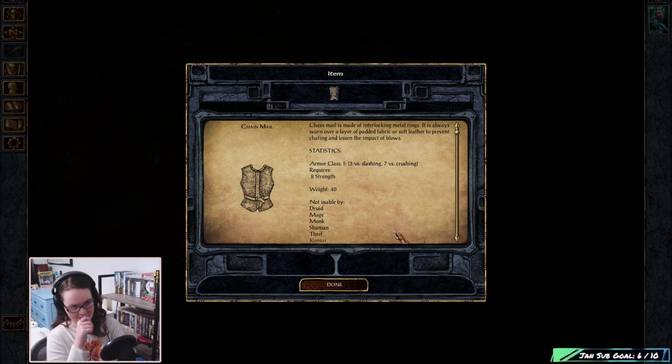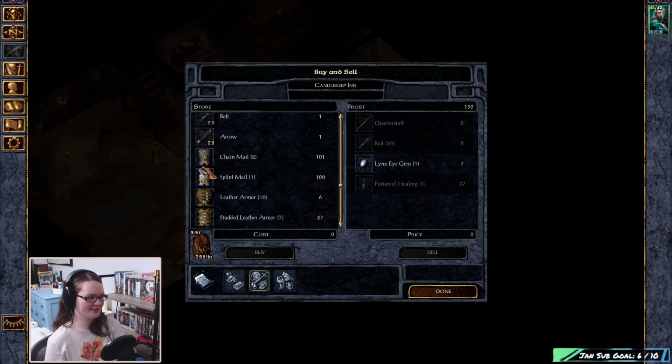This has a slightly lower armor class, or I guess higher, whatever you want to call it. It's made of interlocking metal rings. It is always worn over a layer of padded fabric or soft leather to prevent chafing and lessen the impact of blows. Chainmail is always really cool, I'll be honest. The fact that someone linked all those chains together, that's just crazy. You never really think about it because it's so common, but...